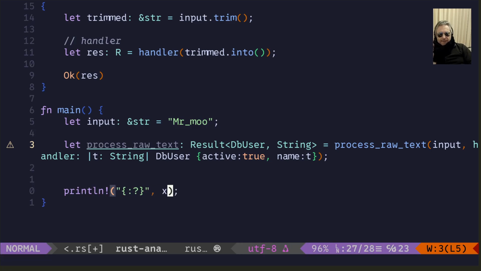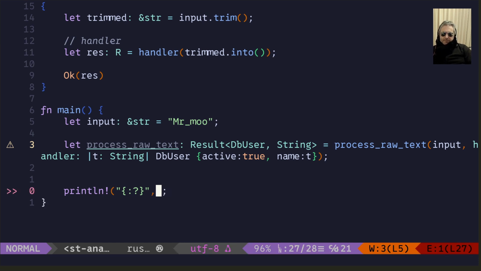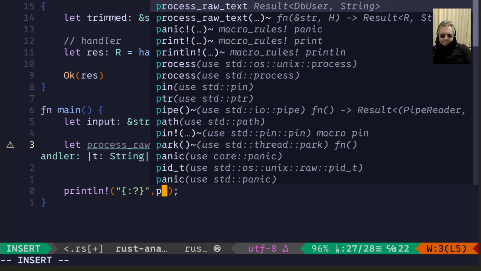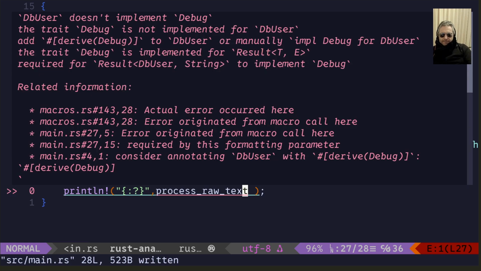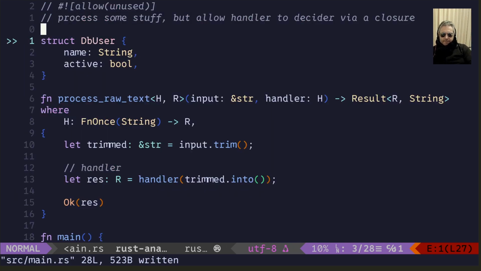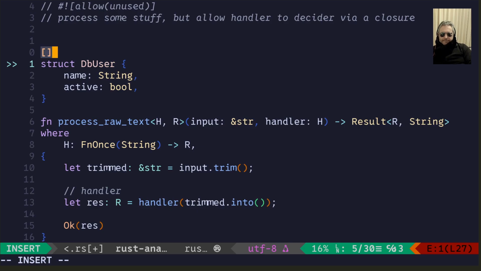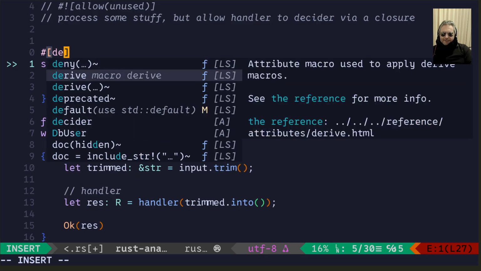So we'll get an error here because it needs to add. It'll ask us to add debug to the struct, but that's not difficult, is it? There we go. Derive debug. I don't always code like this, but this is just with cold hands and it's with big font for the video. So yeah,